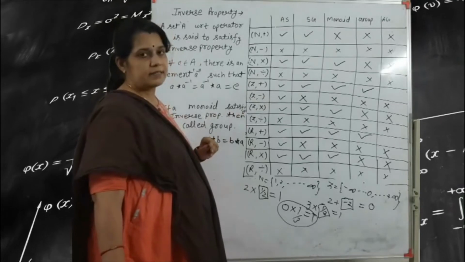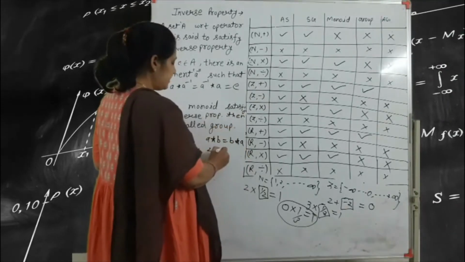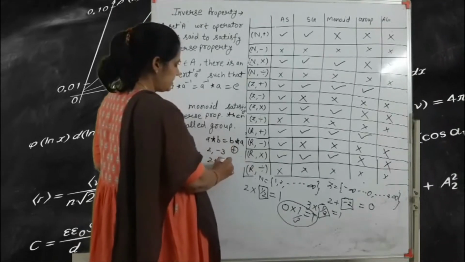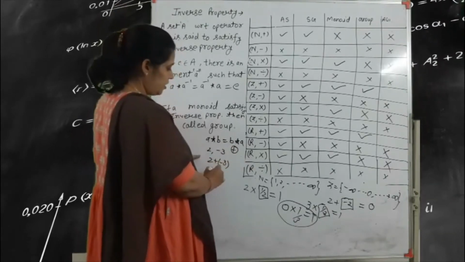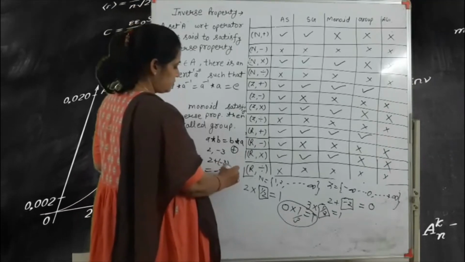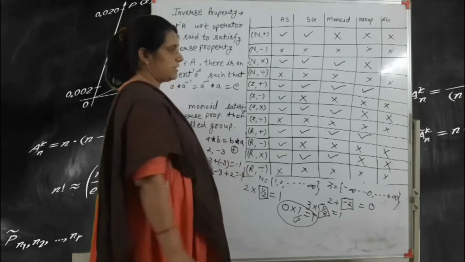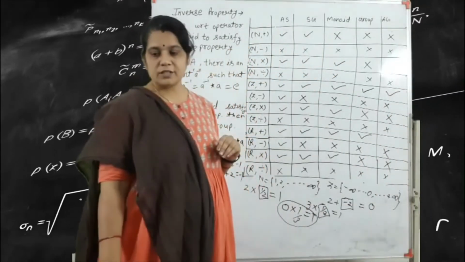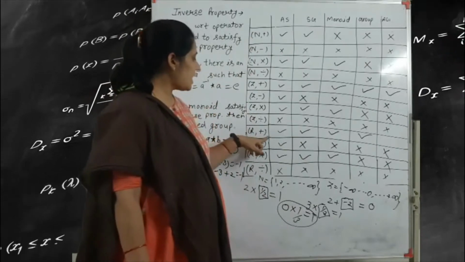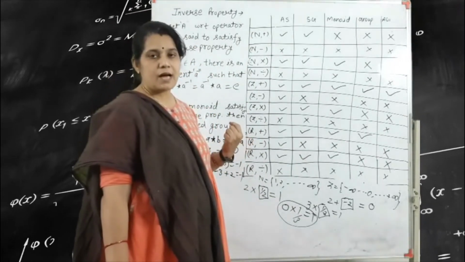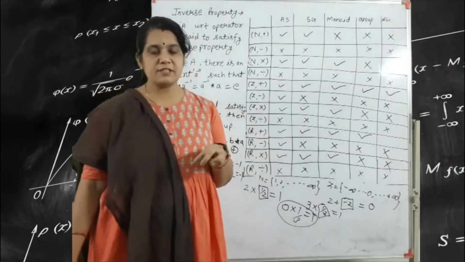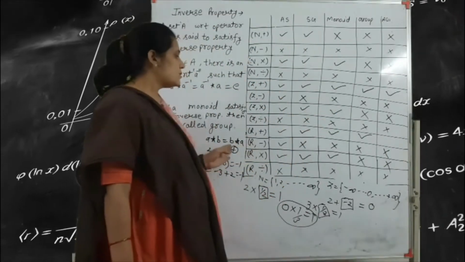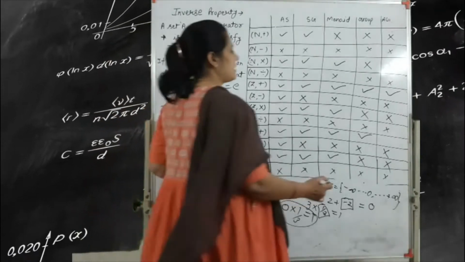So Z plus, that means if we take 2 and minus 3 and the operator is plus, then 2 plus minus 3 is equal to what? Minus 3 plus 2. So minus 1, and here also minus 1. That means Z plus satisfies the commutative property. Got it? Next one is the R plus. So obviously we have R plus, that means minus infinity to plus infinity, and fractions are also included. So obviously we use this example. So R plus also satisfies the commutative property.